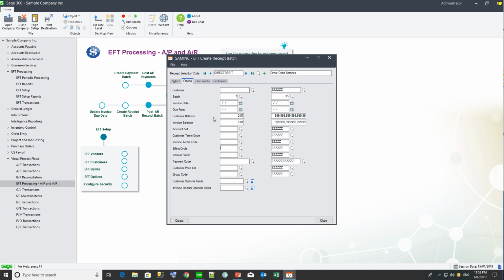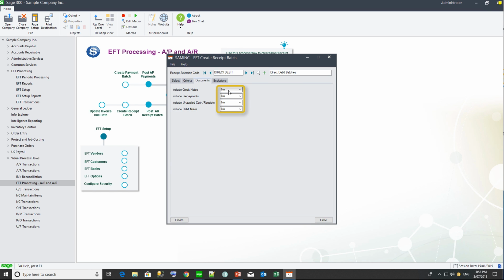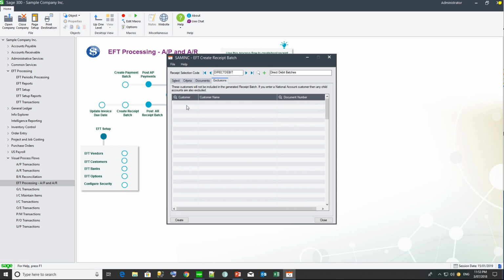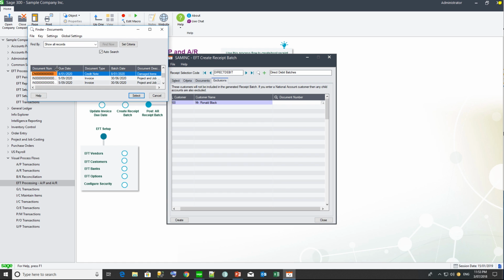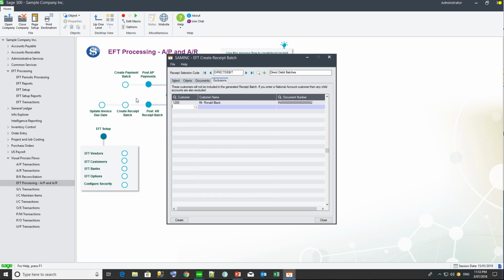terms code, and I'm going to exclude any credit notes or prepayments, unapplied cash or debit notes, and I'm not going to fill in any particular customers. I could, if I want, for example, say customer 1200, document number, let's say invoice 2, for some reason we don't want to include that one in our selection criteria. And when we go ahead and create the receipt batch, it will exclude this particular customer, this particular document. And it will also audit that those were the exclusions that I had at the time of creating the receipt